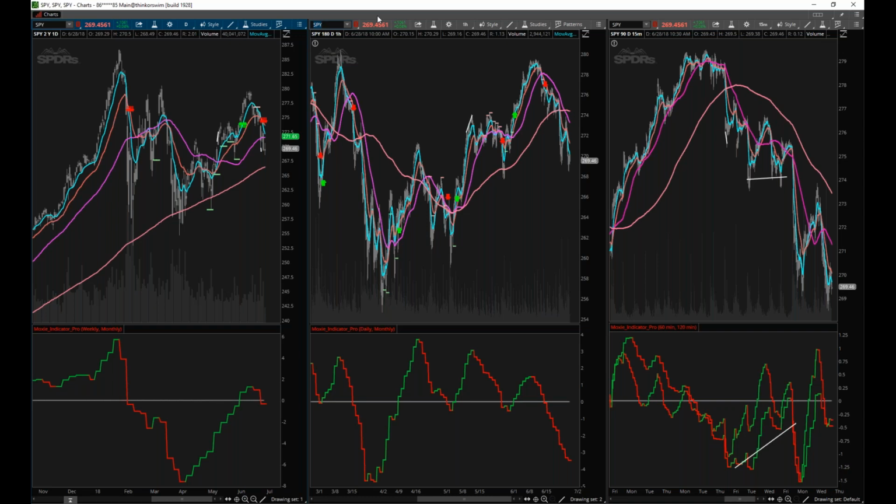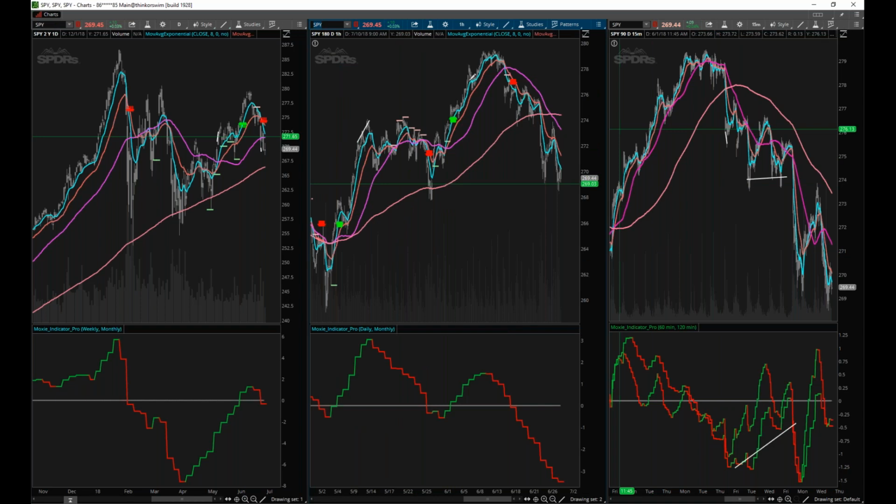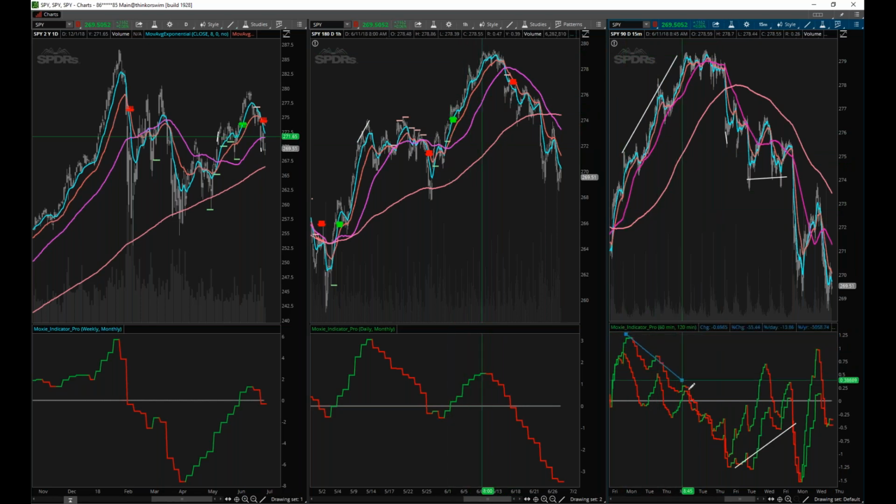So here's a live chart. This is the S&P. If you guys have been following along, obviously we've had a rough go at it, but look what we see here. I didn't show you the 15-minute chart on the previous one, but here's the 15, and here's that same divergence. We have price up, and look at this, we have the indicator continuing down like that.